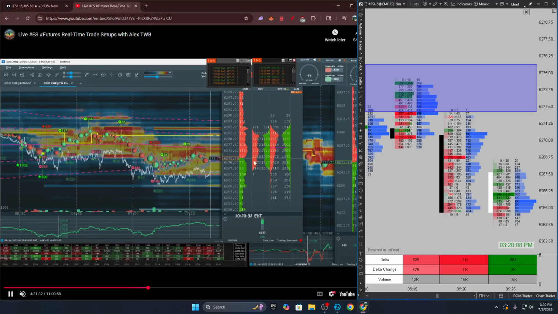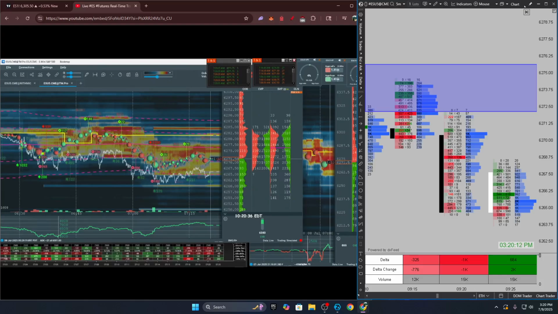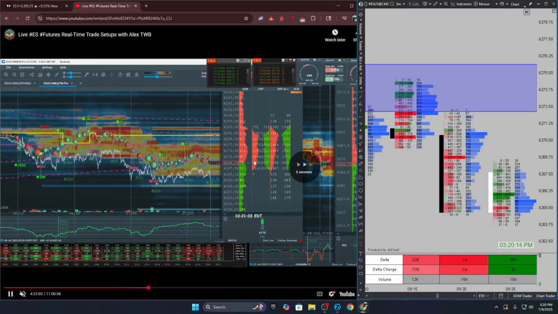We're just holding the position. We saw that aggressive selling was coming into the market, and we're essentially just following where the money is moving. And that's the main thing. You don't necessarily want to trade against where the money's moving because that typically leads to loss. You need to trade in the direction of volume.